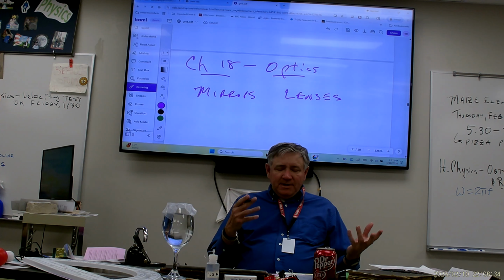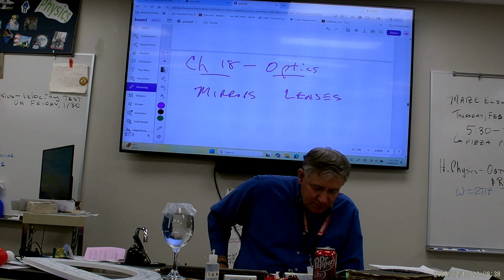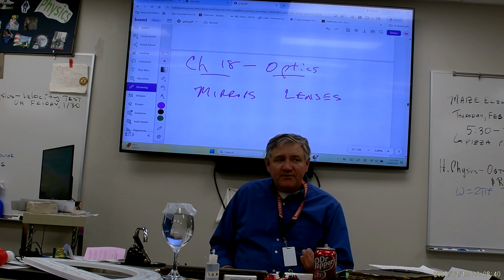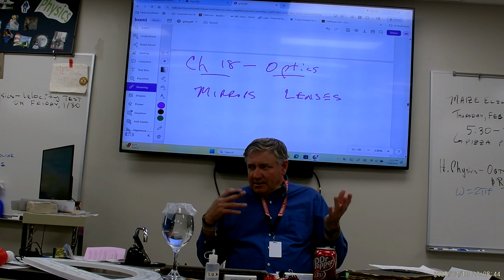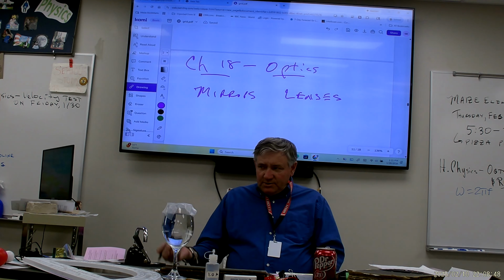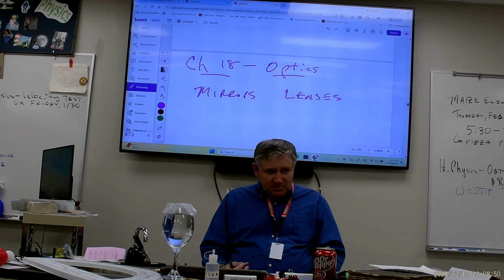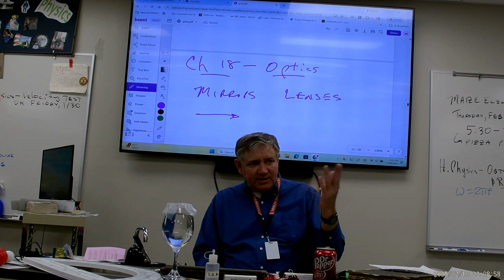One of the big debates that existed in science was, how do you treat light? Is it a wave? Is it a particle? You can kind of make the justification for both. So what we're going to do in optics is treat light as a ray, in other words, a ray of light traveling in a straight line.